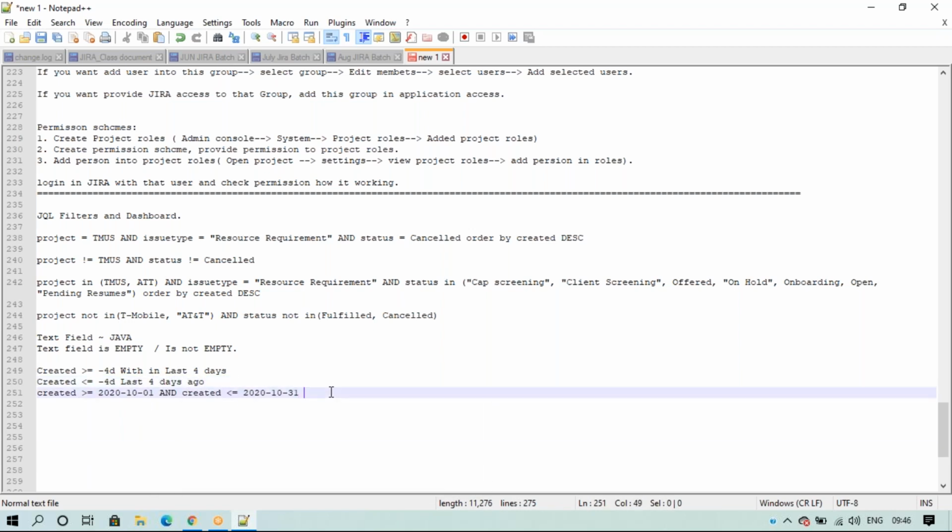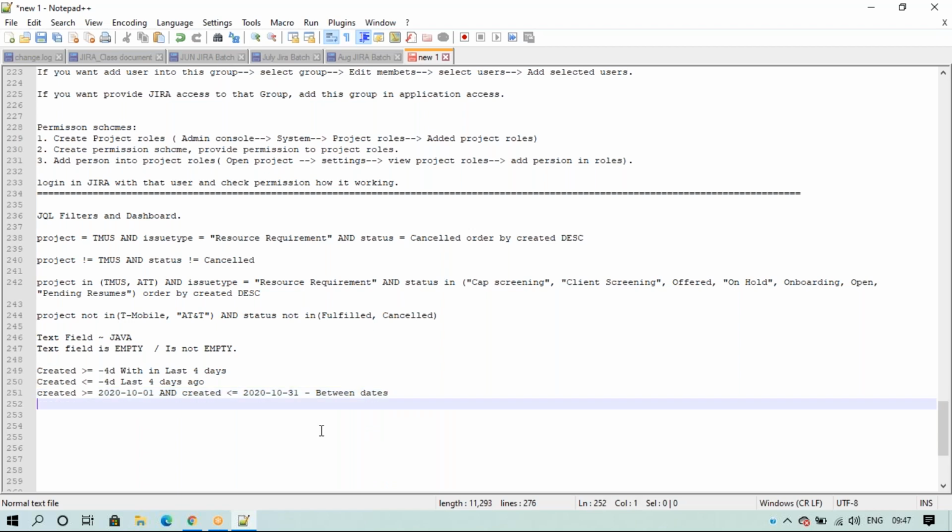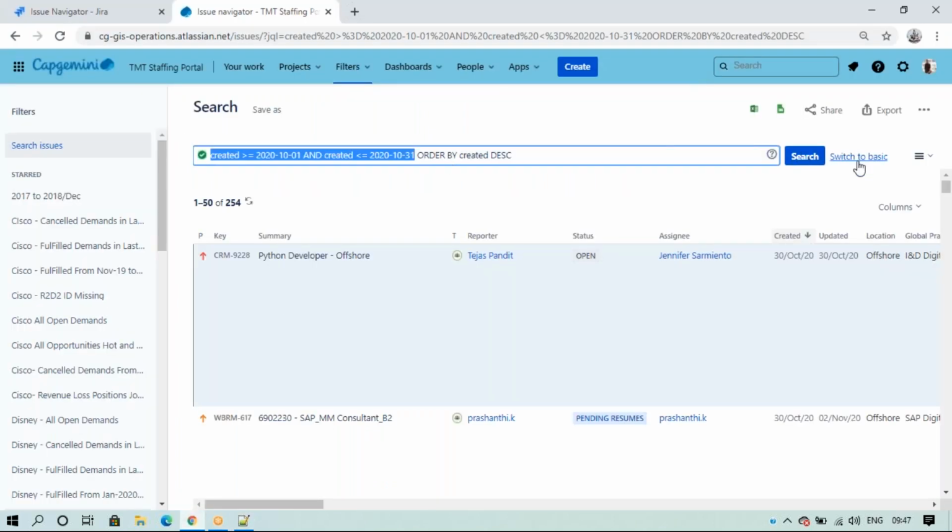This is the between days. The last one we have is the range.